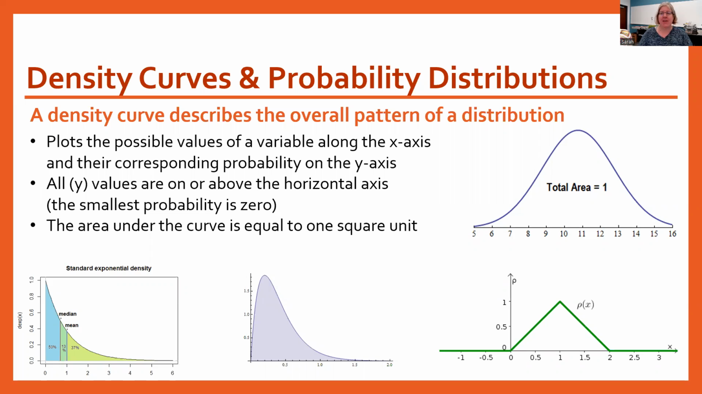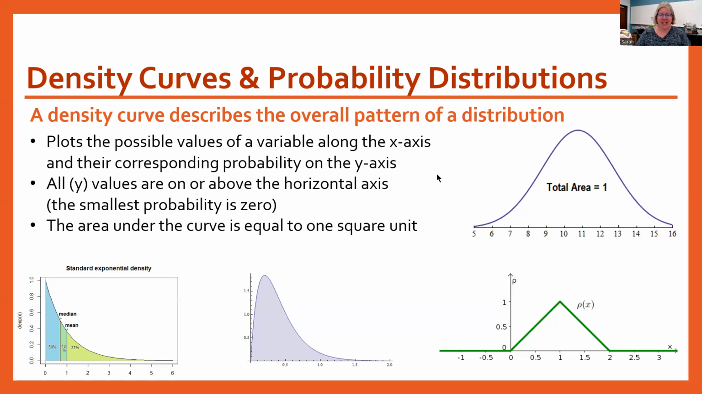the possible values of the variable along that horizontal or x-axis. And then the height represents the probability for that value. So the smallest probability you can have is 0. So that means the lowest value can sit on the x-axis, but it can't be below that because we don't have negative probabilities. And then we've defined this that the area under the curve is equal to 1 square unit